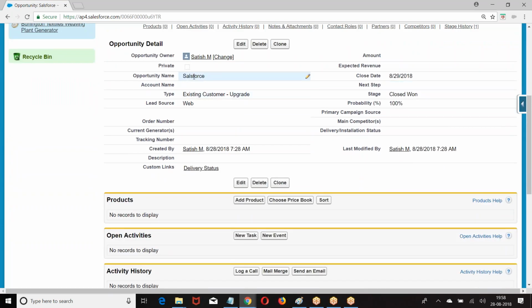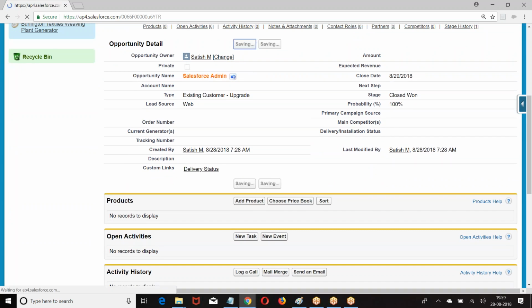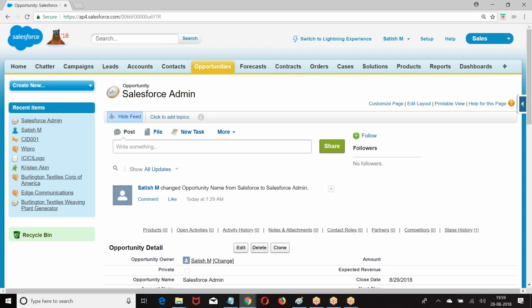This is the old value. Now when I save it, Salesforce Admin is the name, and Salesforce is the prior value. So when the value of a field is modified, if you want to refer to the old value, then we say prior value.